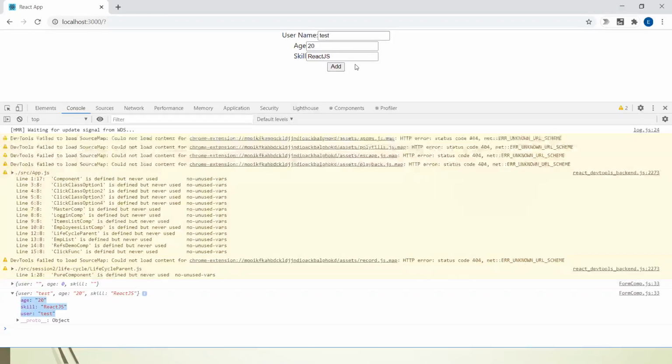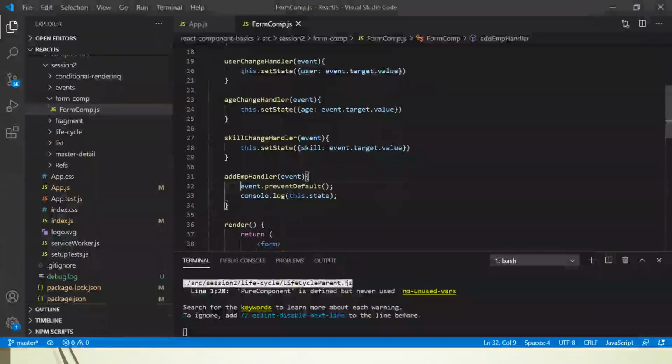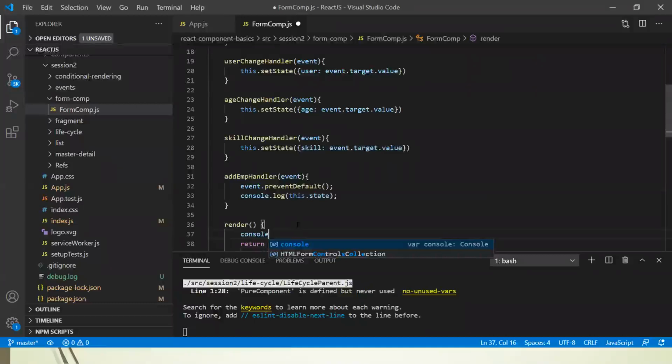Otherwise, the other way is you can have refs for each of these components, and you can directly gather the data from those refs. That is another way to get the data, but that is a tedious thing. This is the simple thing. But in terms of getting the performance, that is the best way, because you can see console.log